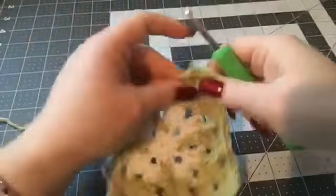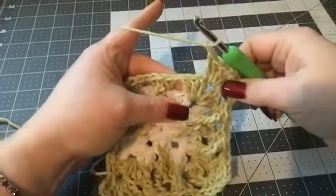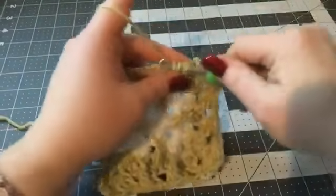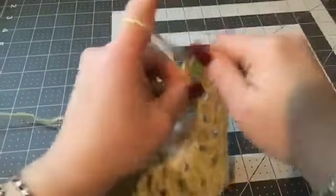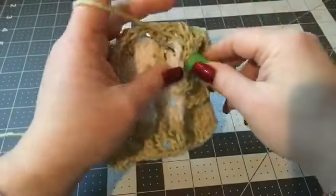I think I forgot to do my chain 1. I do that all the time. You guys don't forget it. Okay, I had to go back and do my chain 1 there, and then I'm going to go back to my space here and do a double crochet, do my treble, my front post treble here,